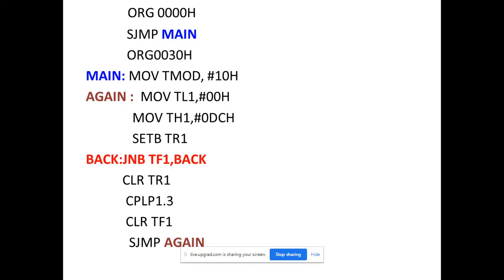In this fashion you have constructed your square wave, and this is one of the practicals, that is waveform generation with the help of a DAC. Okay, in this fashion you can generate various wave shapes. Here you are generating a square wave with the help of the timer. Agree?